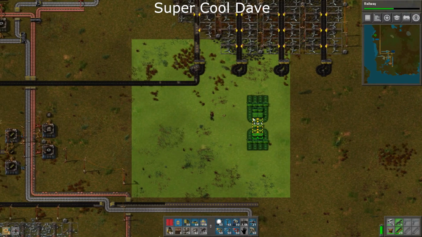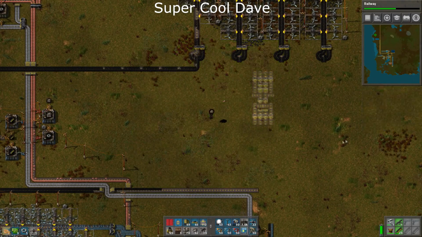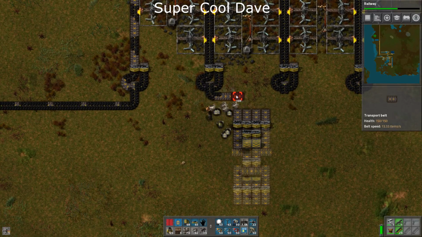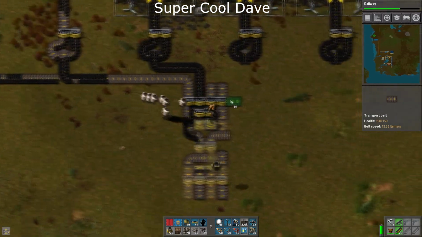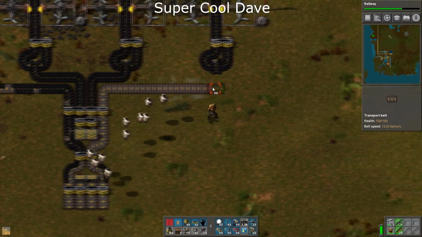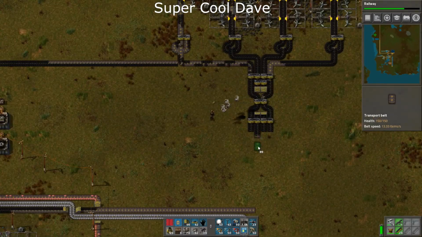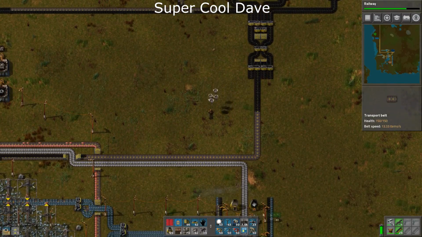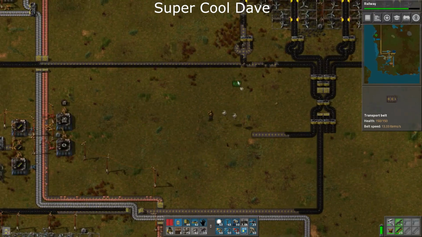Perfect. Flip this around, and I'm just going to put it in, maybe there. Yeah, that'll do. Okay, so right and in, and we're going to drop this one in there, down and in, down and across and down. So if I keep the right 2 as for all the furnaces in a minute, I can use that one here. I'm going to run this one up to here,